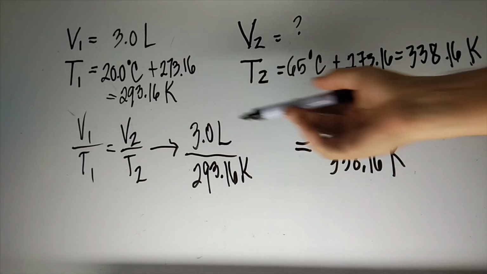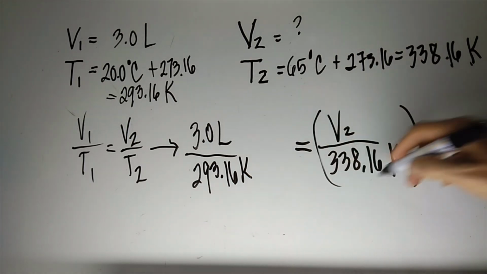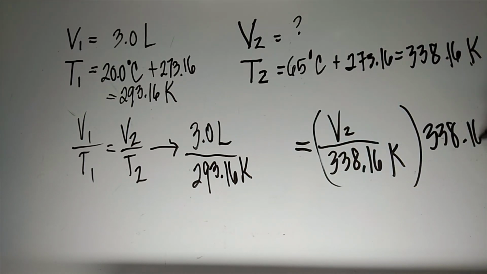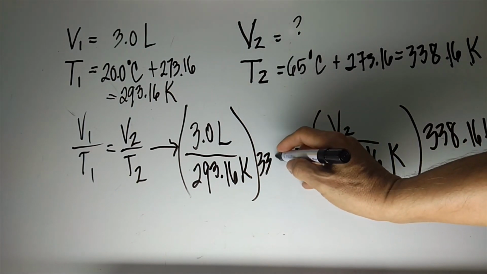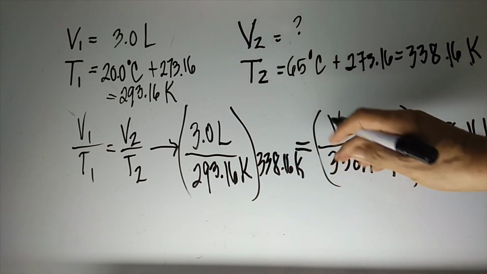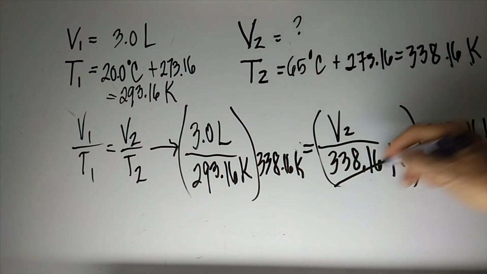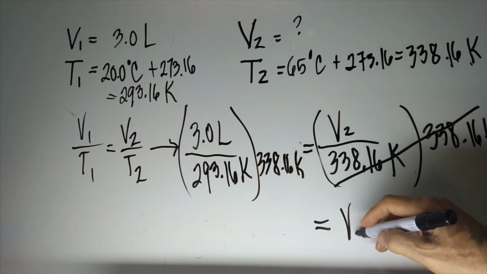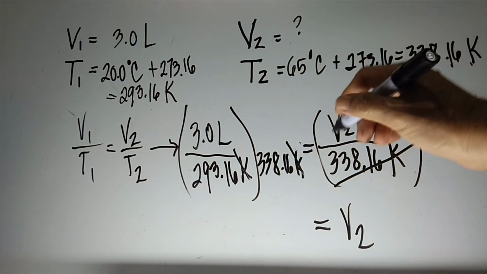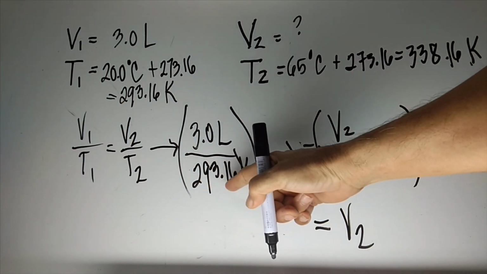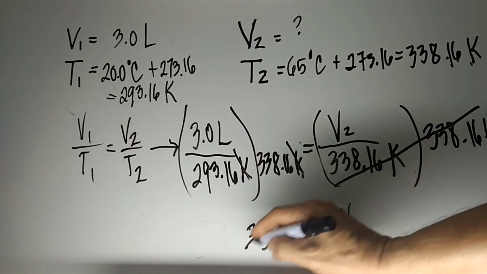Transposing this to the other side so that the volume 2 will remain on this side of the equation symbol, we are going to multiply this by 338.16 Kelvin. Also with this one, so that will not be changing the expression, multiply this by the same value. So, this will cancel. So, what will remain here will be our V2, the unknown. And then, this one unit will cancel with this one. And then, using your calculator, 3 divided by 293.16 times 338.16 will give us a value of 3.5